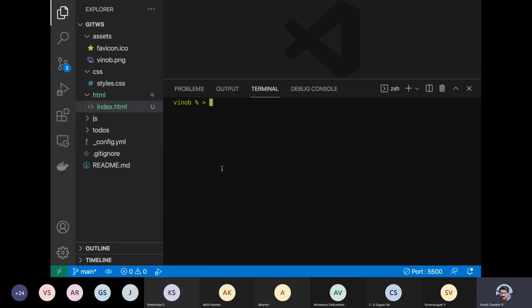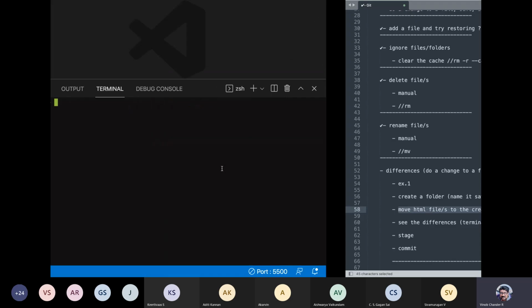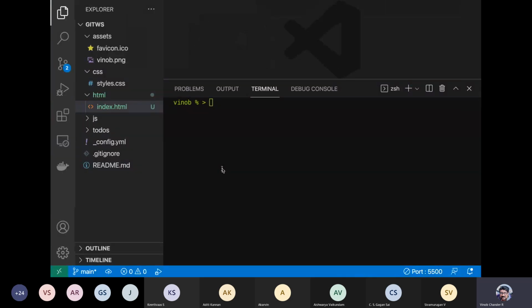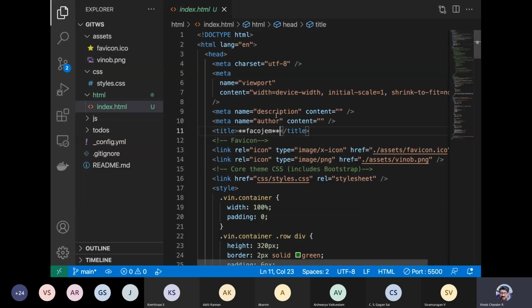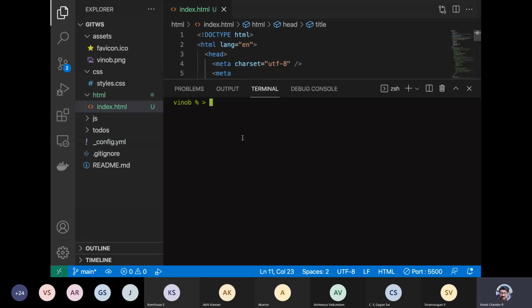Since it is untracked, let us see why we are not able to see the differences. One second, guys. We have indeed changed this. And first of all, before seeing the differences using git diff, let us see the status.